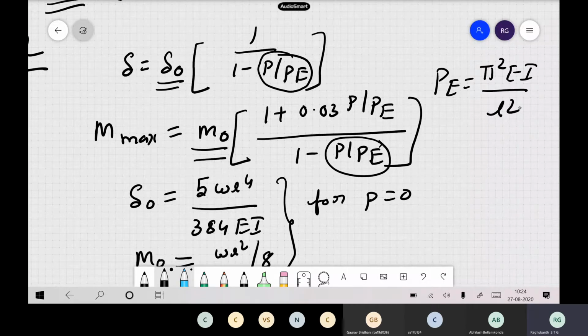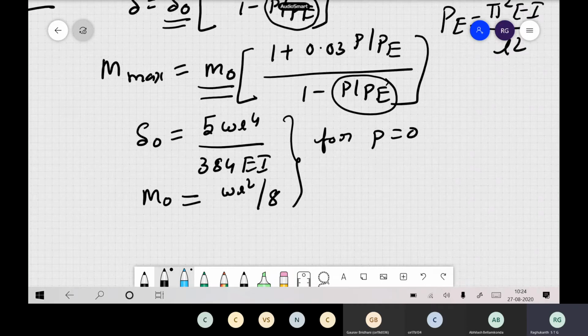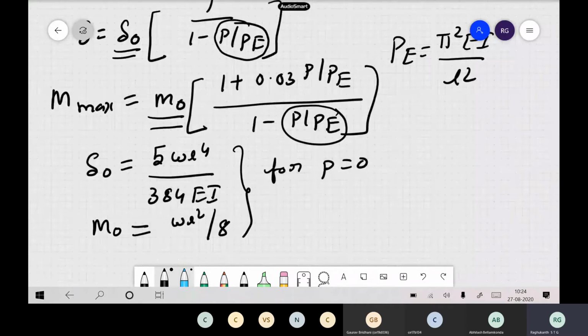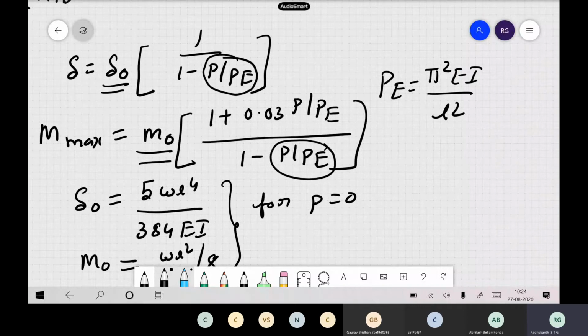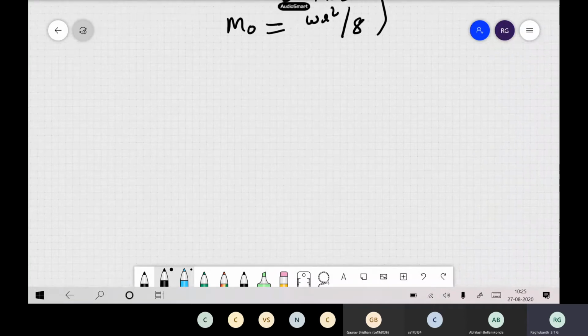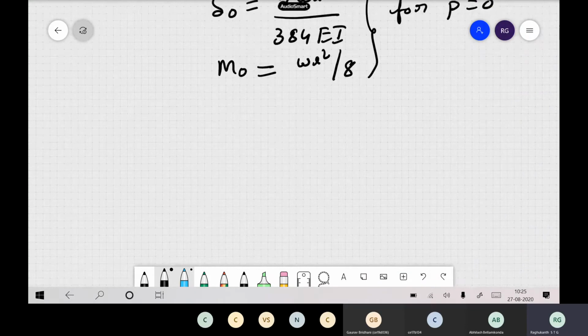This is how we do it for beam columns. If you look at many code books, maybe American Steel, even our IS 800 here and there, you will have these types of amplifications for beam columns, and the most important thing in all of them is P by PE. Based on this, we do the design of beam columns. This way you can analyze many things, for a variety of support conditions, and solve many kinds of problems.